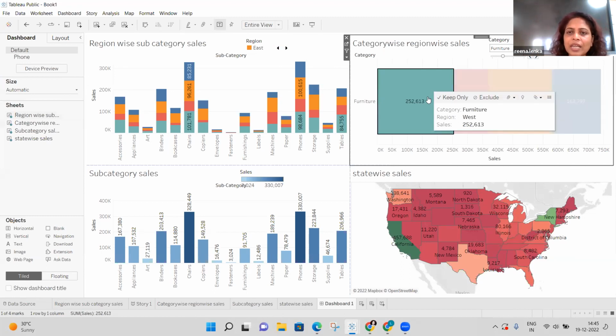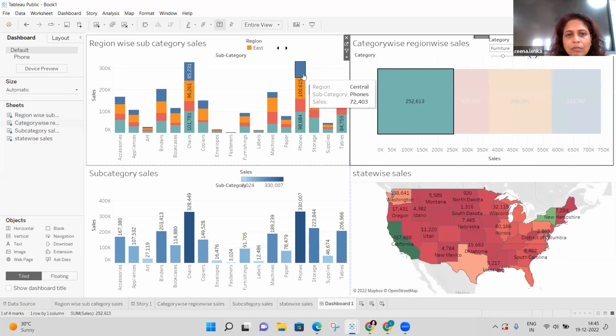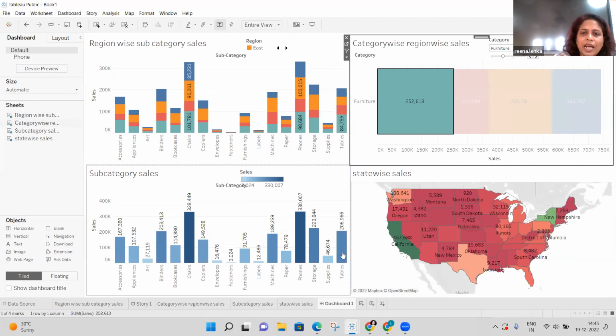Okay. So if you're clicking here, only one of the graphs would be getting changed. So it has to be interactive, right? So how you make it interactive is,